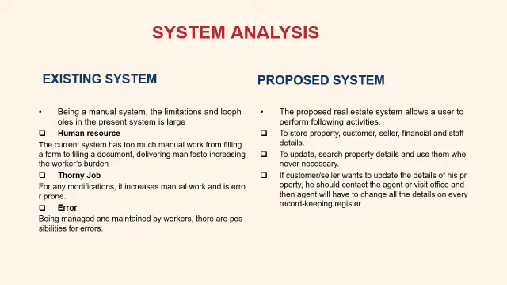And now it's time for system analysis. Here we are going to see about our existing system and what the system is proposed now, that is the new proposed system. Existing system: the present system is not advanced-proof and has certain drawbacks too. Being a manual system, the possible limitations and loopholes in the present system are large. Some of them are like human resource, chronic job, and error. Whereas the proposed system allows the user to store the property, customer, seller, and also the staff details. It allows users to update and search property,